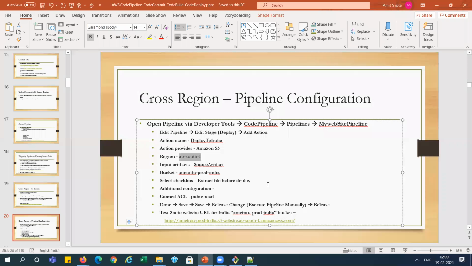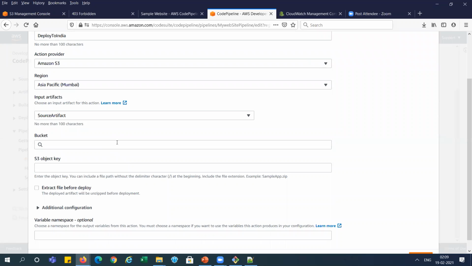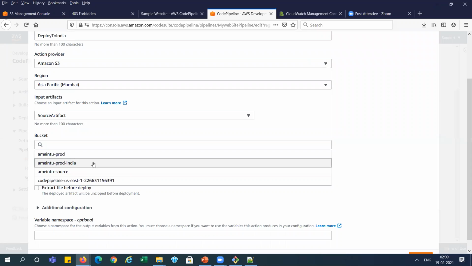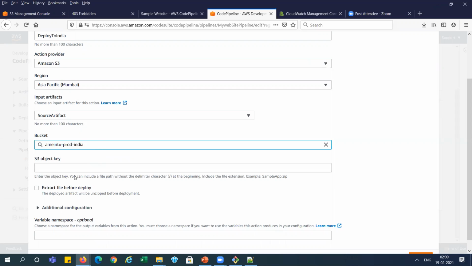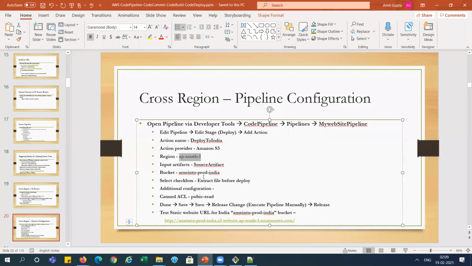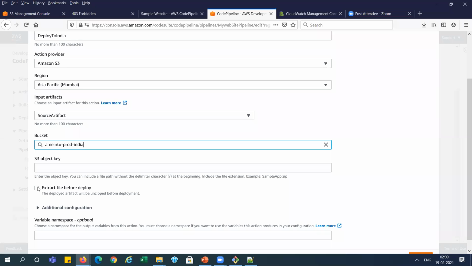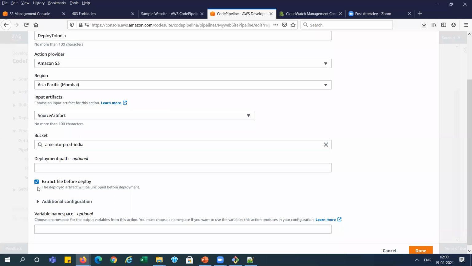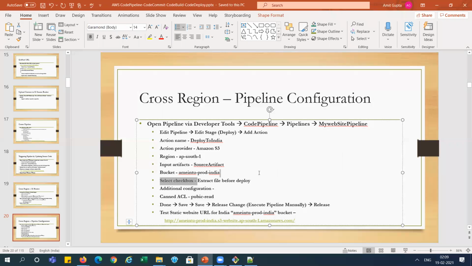And after that you can see the bucket name is the India bucket. I've selected this, and selected the checkbox for extract file before deployment, because we need to extract it, since we are uploading in zip format.